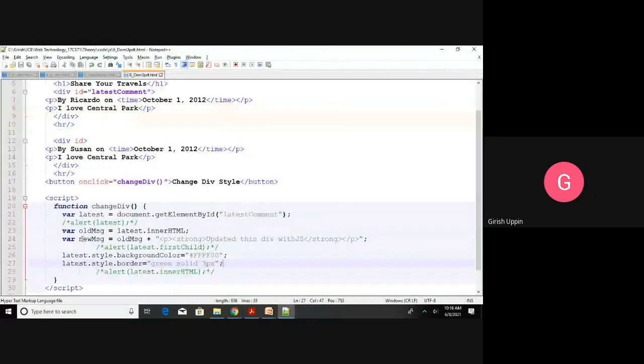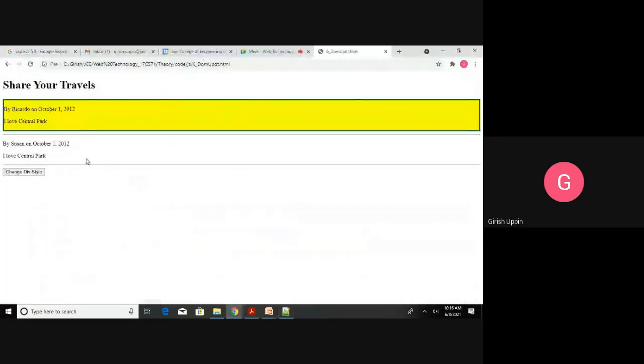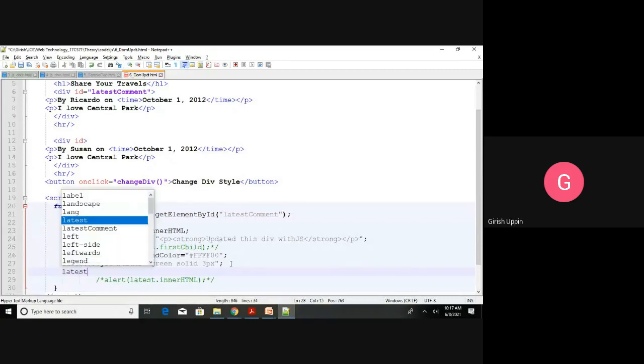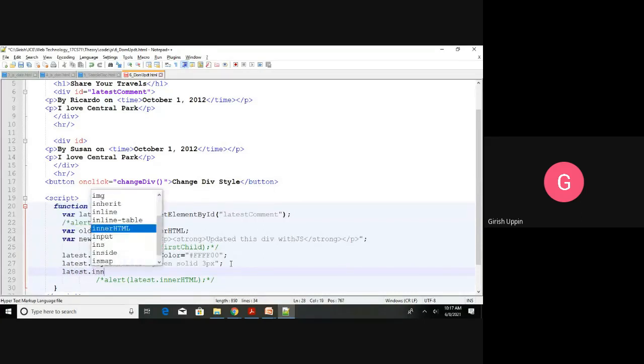Of course, you didn't see the changing of the content. The reason being, we did not set the property. So if you want to see this added line, actually we should say latest.inner